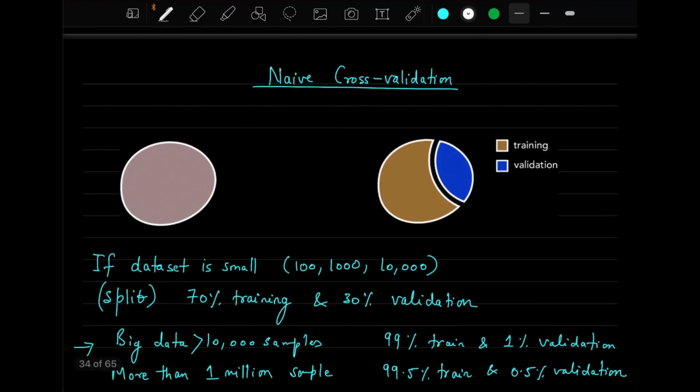So what is that? We have this data set, which is a complete data set as we had earlier. And what we were doing is evaluating training error on this data set, and we found that it is not able to capture the model capacity or model complexity. So in order to solve that problem, we are now dividing this data set into two parts. One is the training data set, another one is the validation data set.